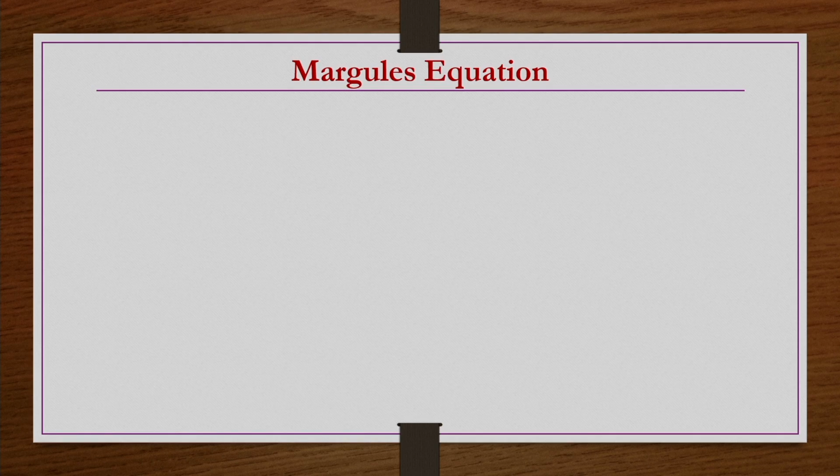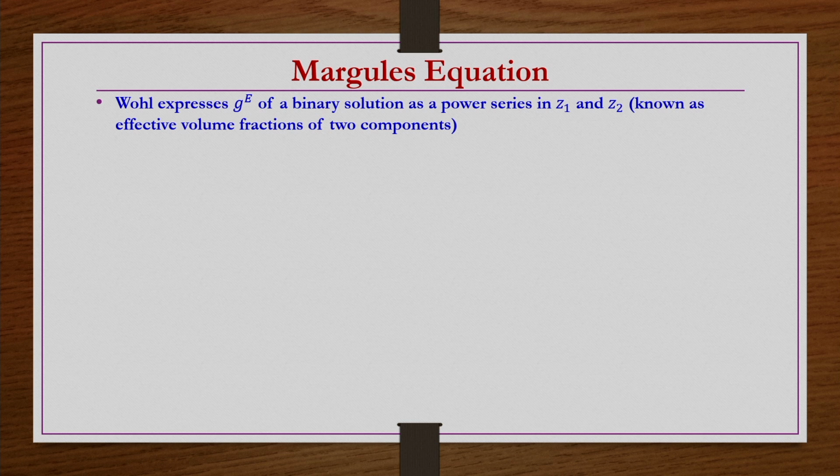Before directly going into the Margules equation, we will have a recapitulation of what this Ohm's expansion is, because from this Ohm's expansion only we are trying to get all the details, right. Ohl expressed this excess Gibbs energy of a binary solution as a power series of Z1 and Z2. These Z1 and Z2 are nothing but the effective volume fractions of the two components, which we have also seen. And then this GE for a binary solution is written as a power series of Z1 and Z2, and Z1 is nothing but